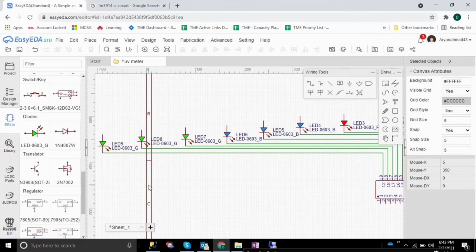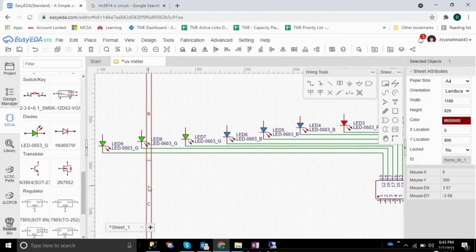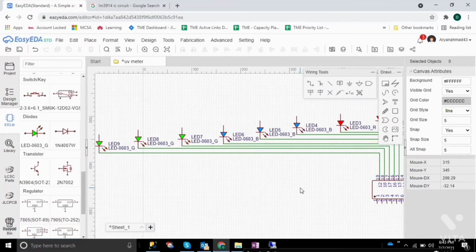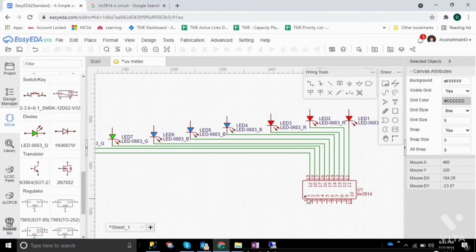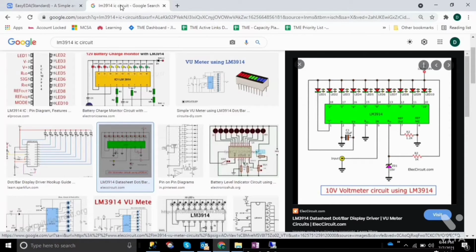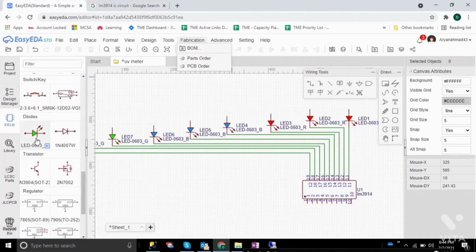Right now I'm designing a circuit. I put this sheet in place because I made the circuit sidewise, not in the center of the sheet, so my circuit is out of the sheet. So I arrange the sheet that way. Now pin number 1 is also an output like there. So we need one more green LED.